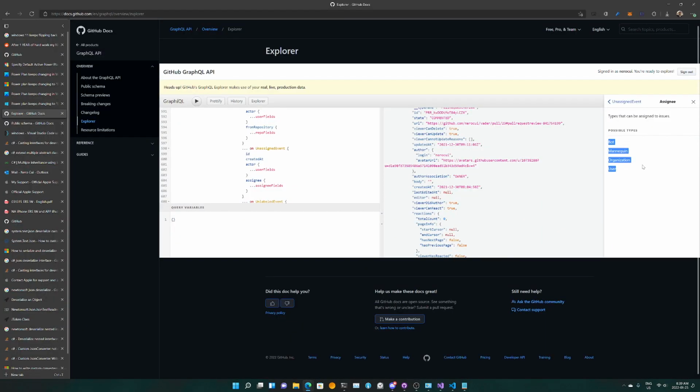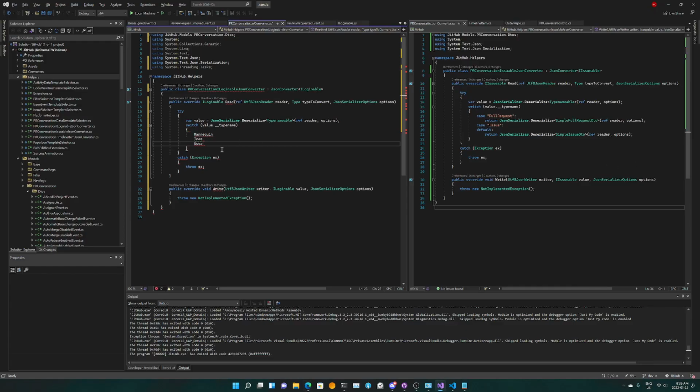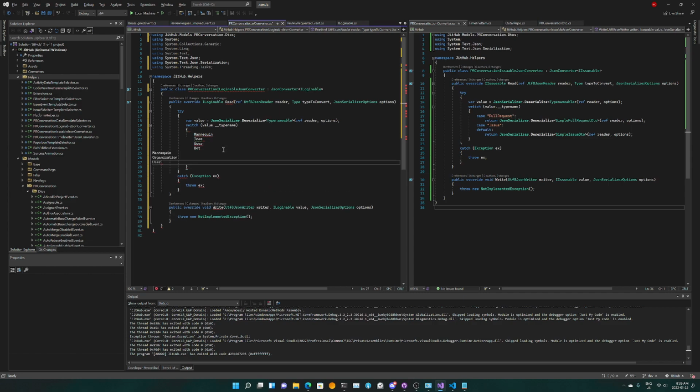So what we want is the other few things basically. So organization, not mannequin, right? Not user again. Basically just bots and organizations.